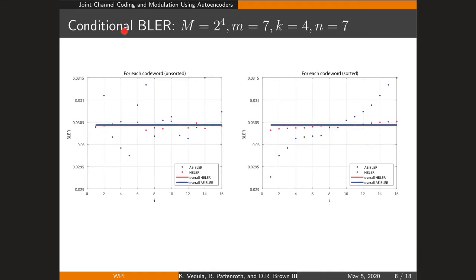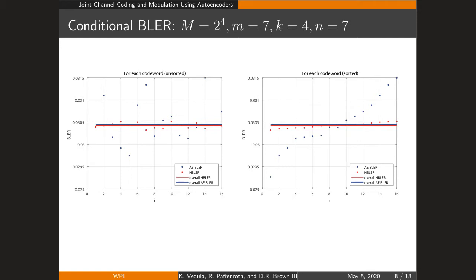Now let's look at the conditional block error rate for all the 16 code words. Starting from 0 till 15, we send each code word through the autoencoder and through the Hamming encoder and decoder 70 million times. After sending through them, they make a certain number of errors. Those errors are represented by the dots here. The blue dots represent the errors made by the autoencoder, and the red dots represent the errors made by the